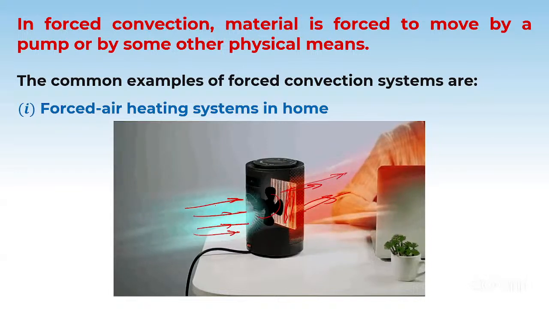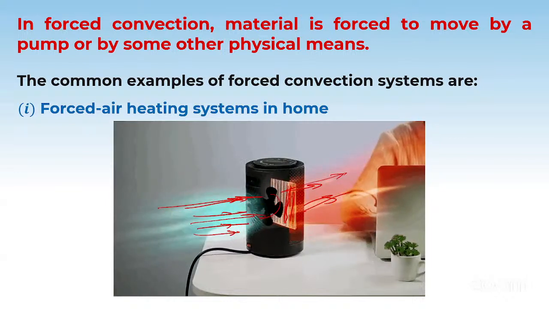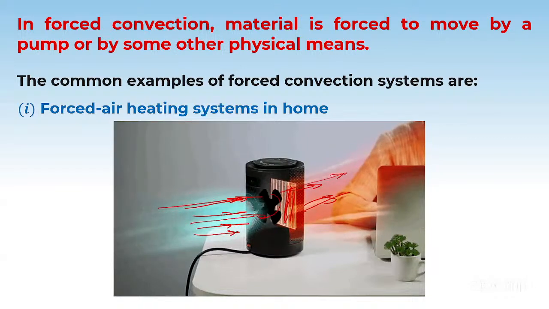This fan is forcing this air into this, it is not automatically going in, so that particular phenomenon in which we force the air or we force any fluid to transfer the heat, that is unnatural convection, or we can say forced convection।